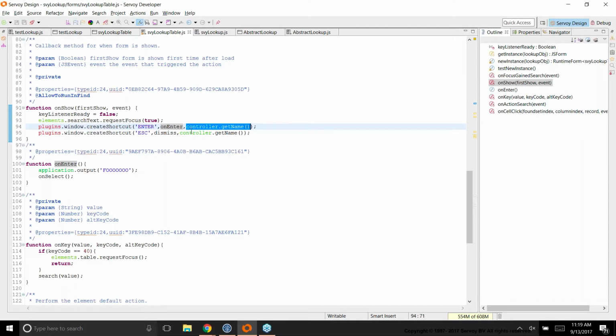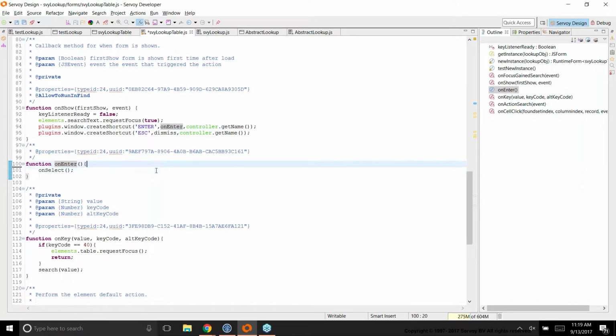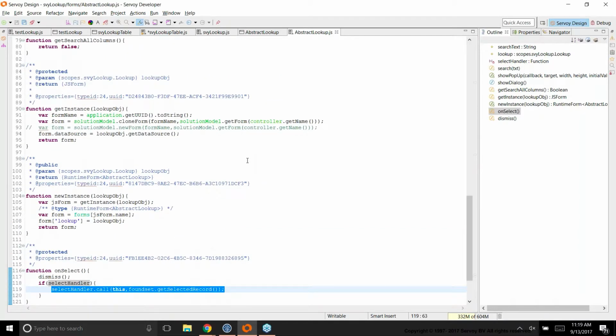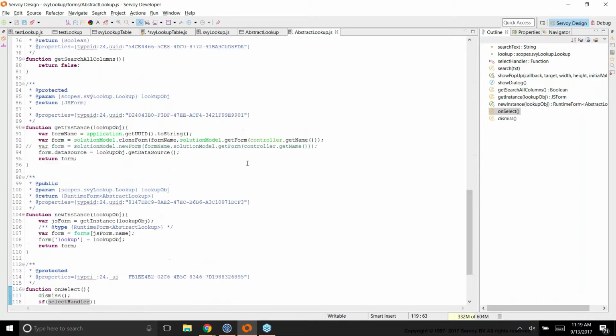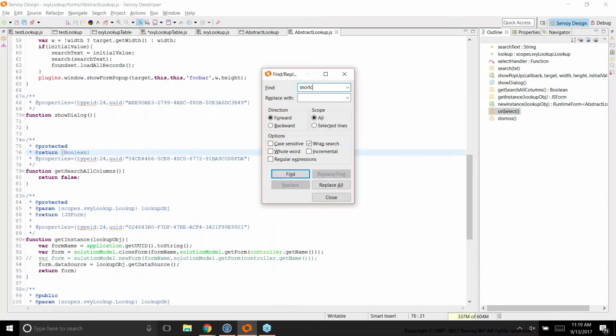If we look quickly at the on enter, this is where I did a bit of testing here. I can remove that. But this is where I call that on select, which then calls my select handler. So you remember I was storing that function and we pass this back. So anyway, I just wanted to point out that that happens when we do the on enter. Same with the